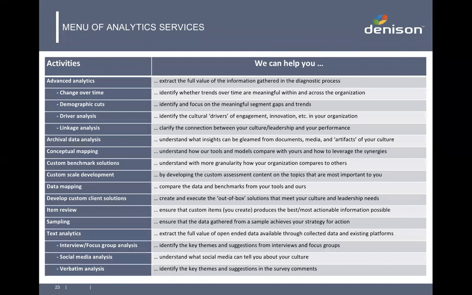And in almost all of the projects that we've done with this, that's been the real insight, is how much this varies by location.